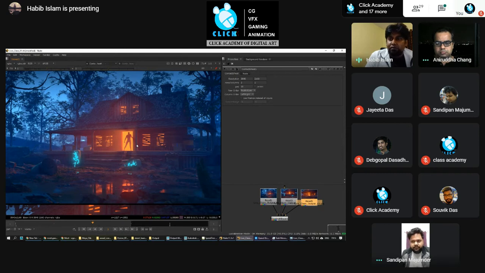Some games use baked lighting, and some games use real lighting. That is what it's all about with game engines. In CG we render everything, but in gaming we don't render anything. We just directly view the viewport, with all the lights and all the effects.